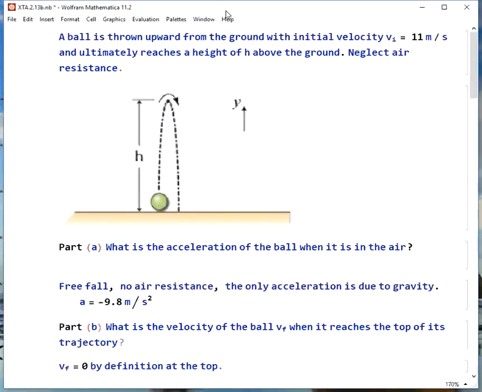A ball is thrown upward from the ground with initial velocity vi equals 11 meters per second and ultimately reaches a height of h above the ground. Neglect air resistance. Part A, what is the acceleration of the ball when it is in the air? If it's in the air, the acceleration is always negative 9.8 meters per second squared if it's unpowered and there's